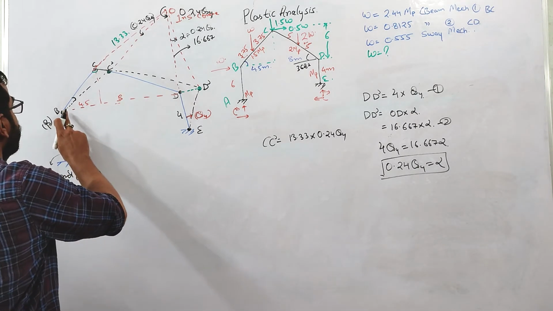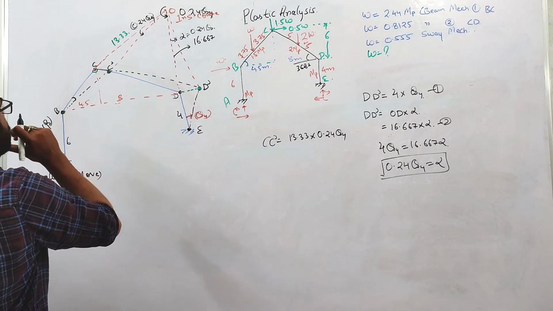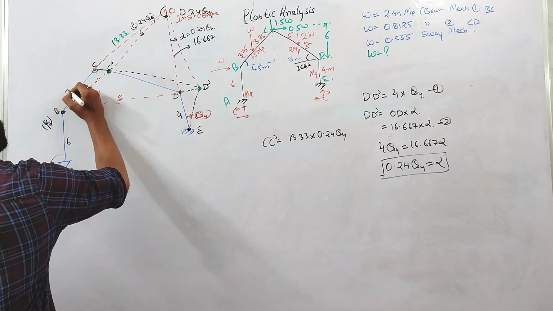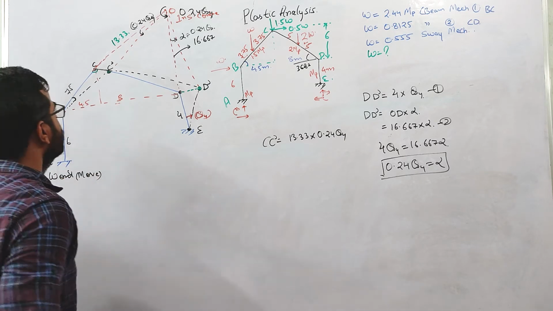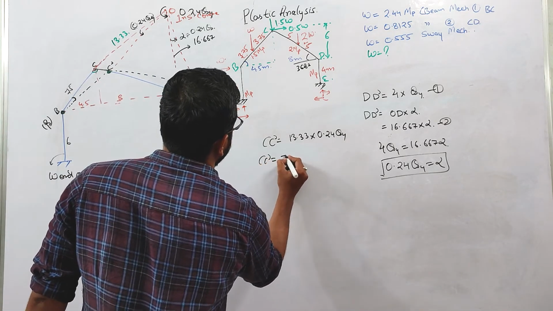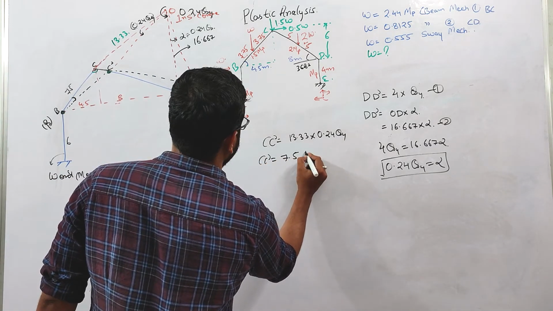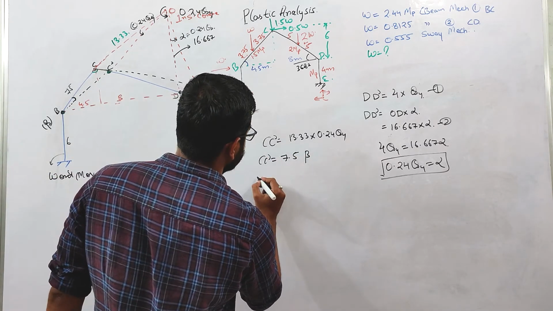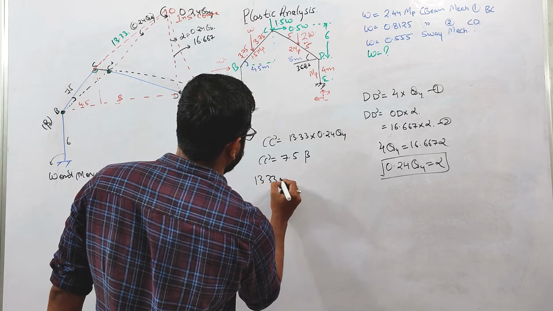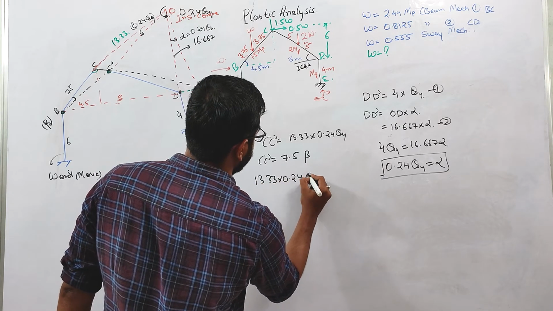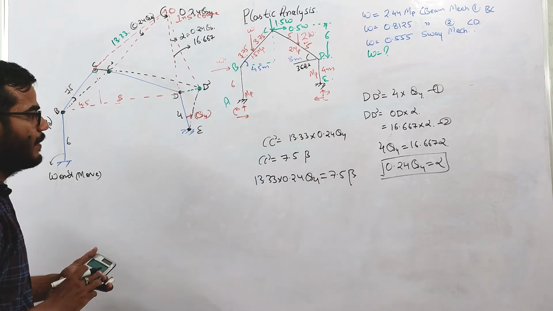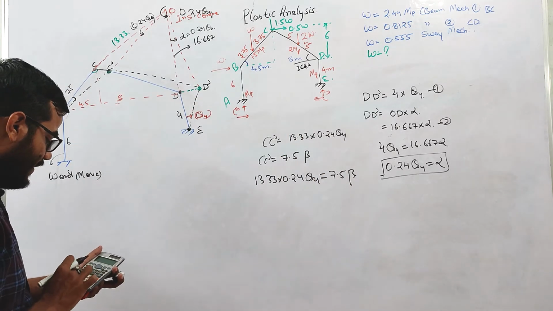Similarly, I can write here this is 7.5. So this CC dash is also equal to 7.5 into beta, right? So if you equate these two equations, 13.33 into 0.24 theta 4 is equal to 7.5 beta, right? From here, the value of beta